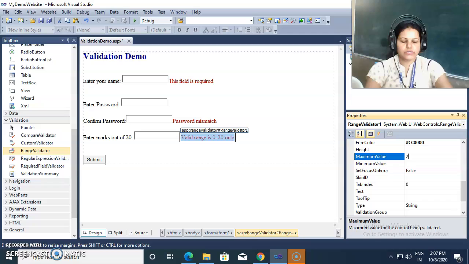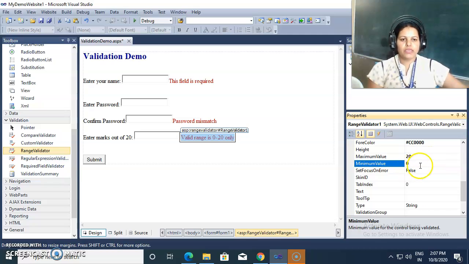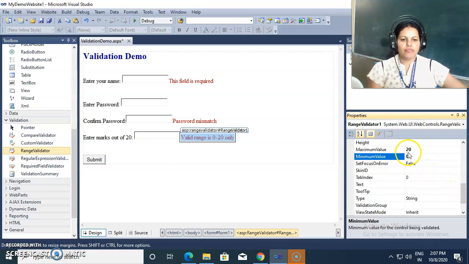My maximum value is 20 and minimum value is 0. The user may give the values from 0 to 20, but not below 0 or above 20. Now the type of my values is we need to set as integer, because these are the numeric values, so we need